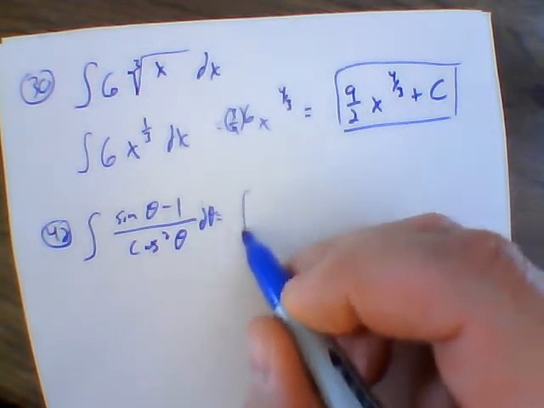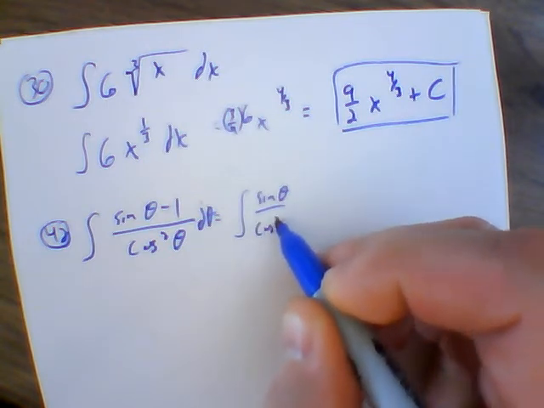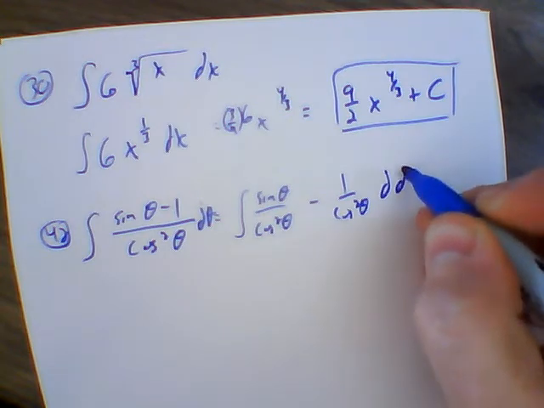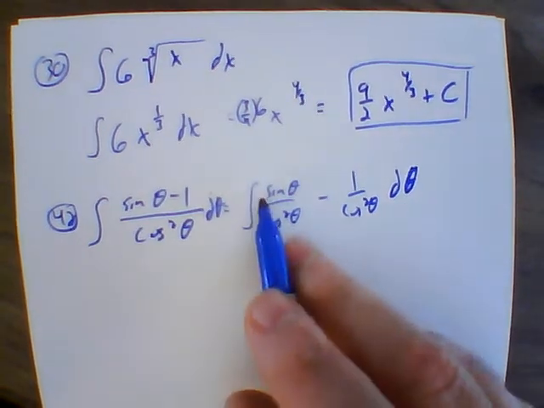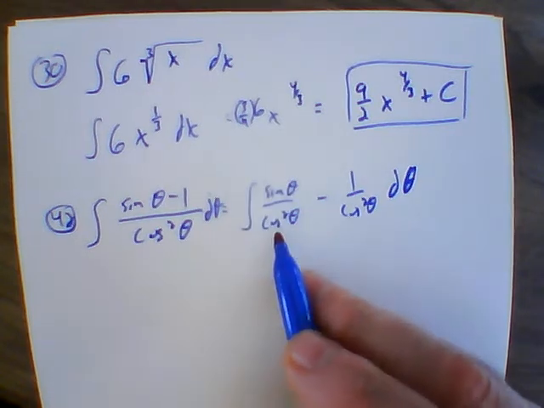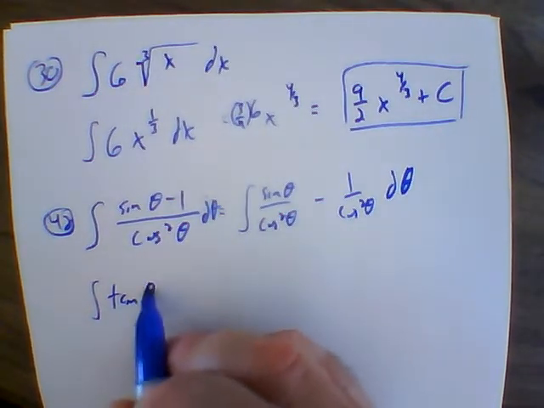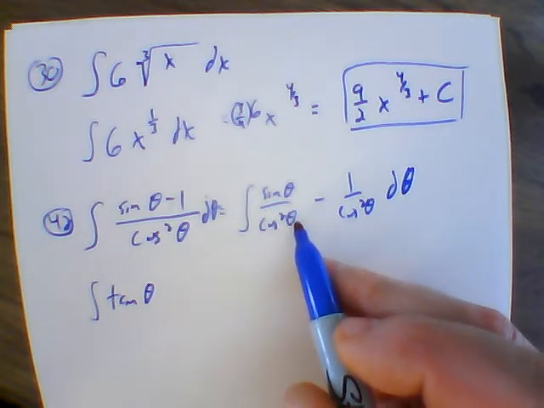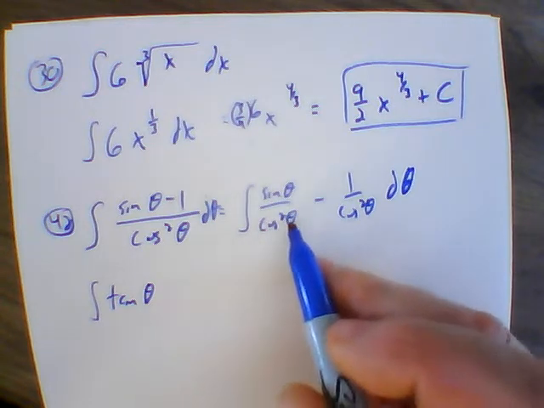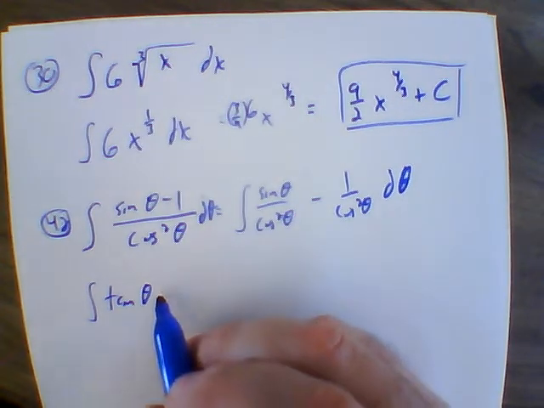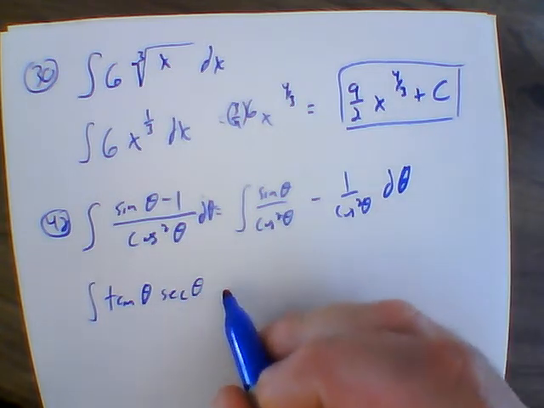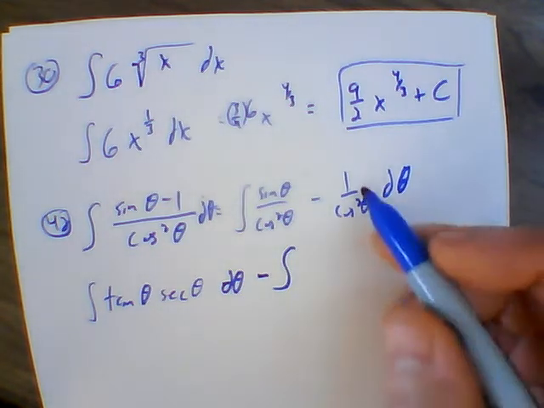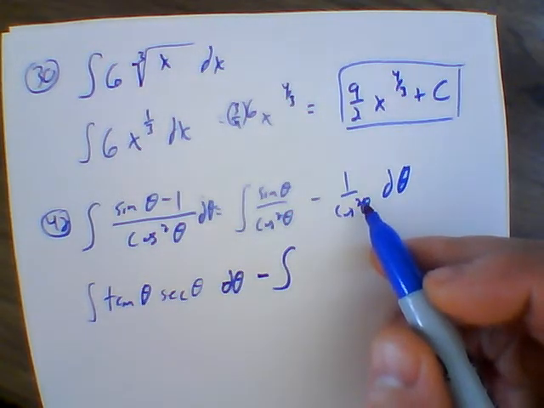So if we think about this, this is sine theta over cosine squared theta minus 1 over cosine squared theta d theta. Okay, so if we consider sine over cosine, that is tangent theta, and then once again this was a cosine squared, so this is really cosine theta times cosine theta. So if I take sine over 1 cosine theta, I'm left with 1 over cosine theta, but 1 over cosine theta was secant theta. And then d theta, and now we're going to subtract off the integral, once again looking here, of